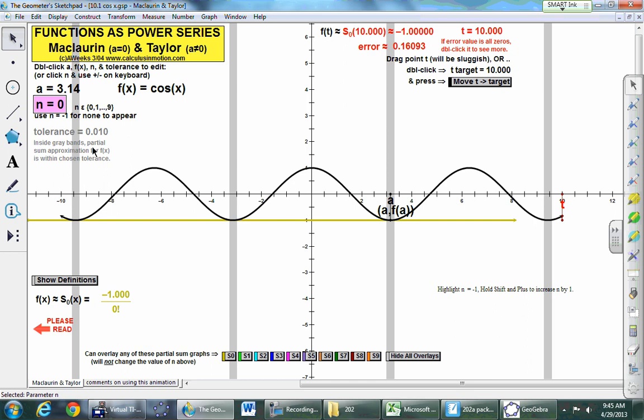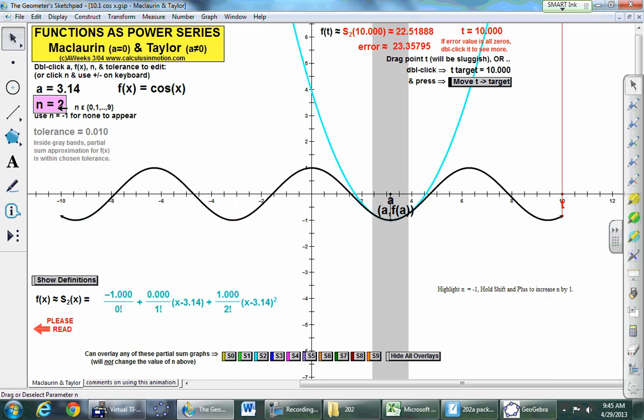And now if I hit the plus sign again, nothing changes because the linear approximation is the same. But now watch those gray rectangles as they get wider, or actually most of them disappear, because now we're really only focusing on this one at x equals pi. And as long as you are someplace inside of this rectangle, the blue parabola and the cosine curve are within 0.01 of each other. And if that's not good enough for you, hit the plus sign a couple more times,